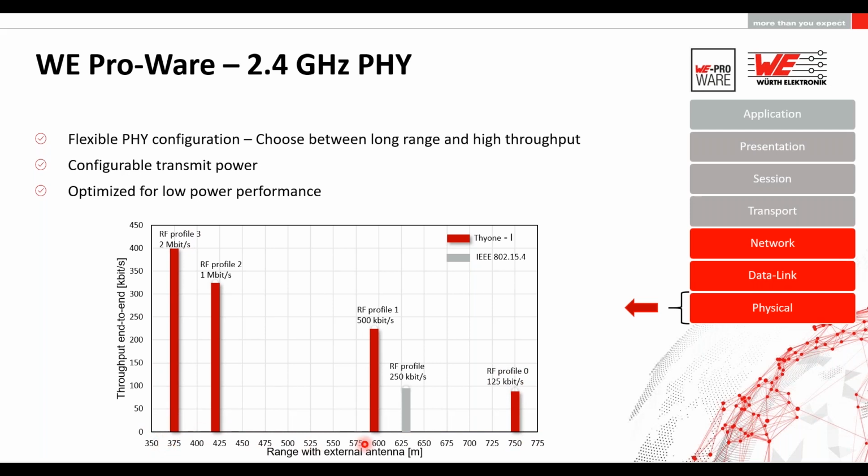So you can choose a long range mode with lower throughput, or a very high throughput mode which has limited range. On the other hand, if you are going for a standard protocol, let's say a standard based on IEEE 802.15.4, for example Zigbee uses this standard, you're basically stuck with the single RF profile, which is good for certain applications but not suitable for everything. And of course you can configure the transmit power, which makes it very useful to optimize your battery consumption and energy performance.